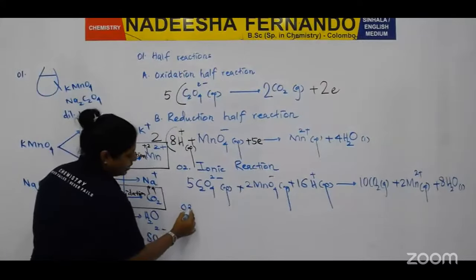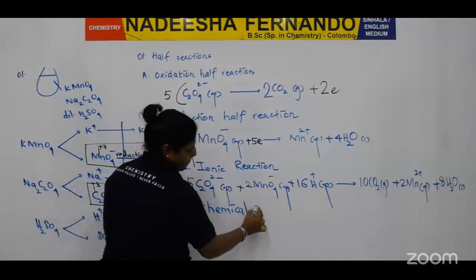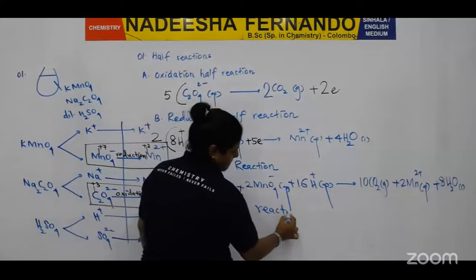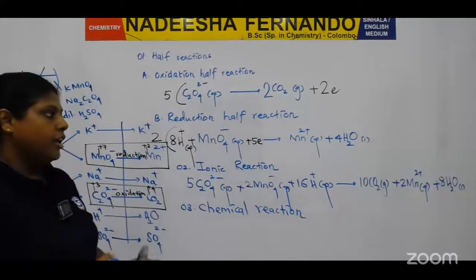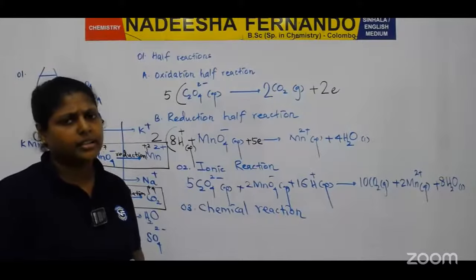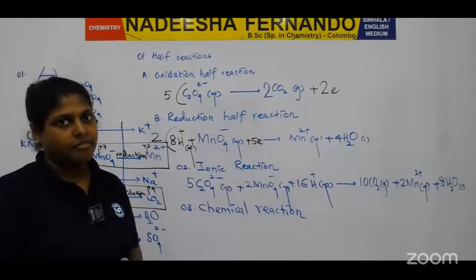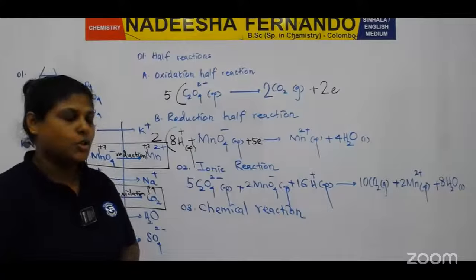Then the third one, the chemical reaction. In the chemical reaction, we have no permission to write the ions as cations and anions. We have permission to write only compounds. So check